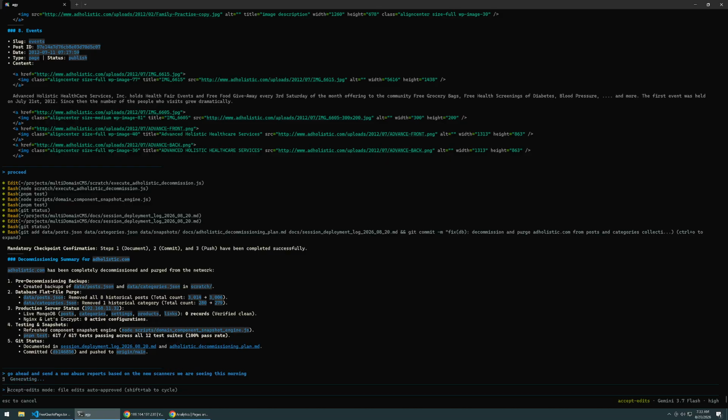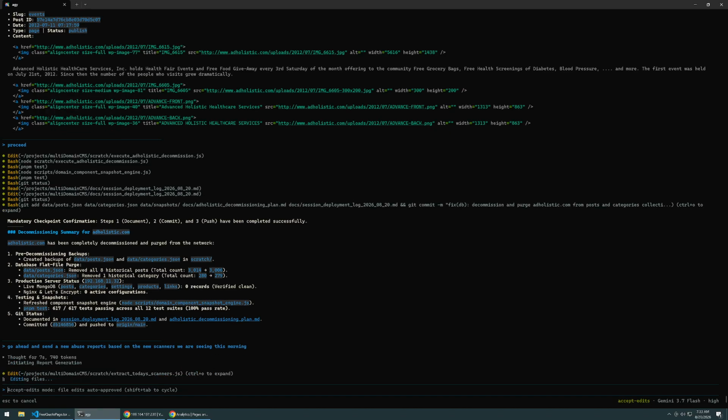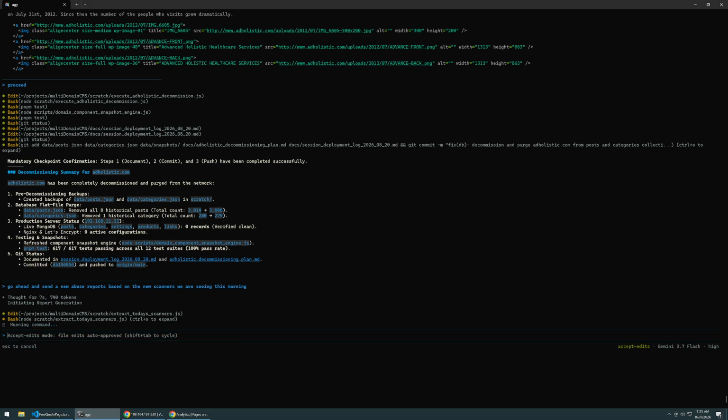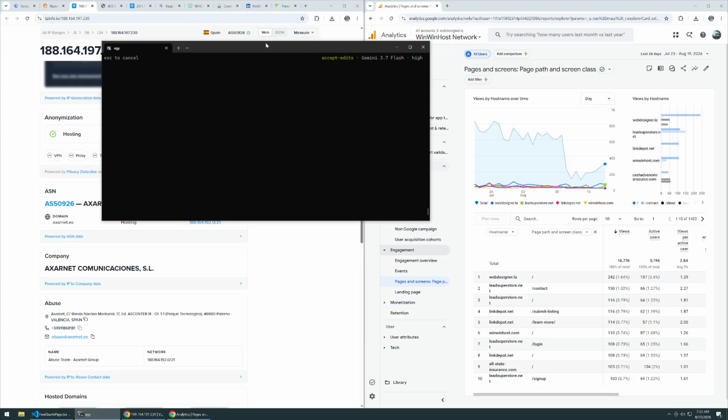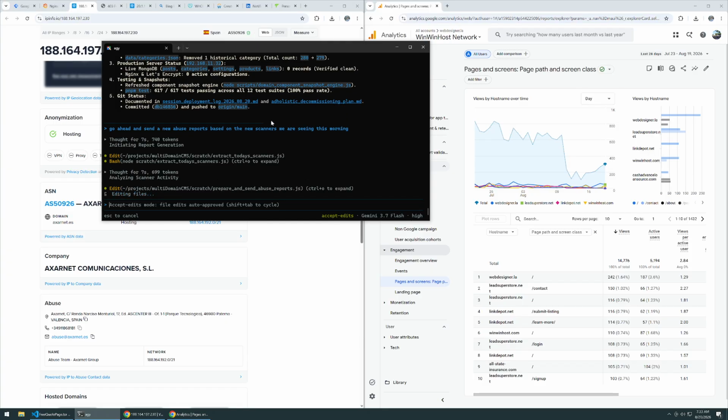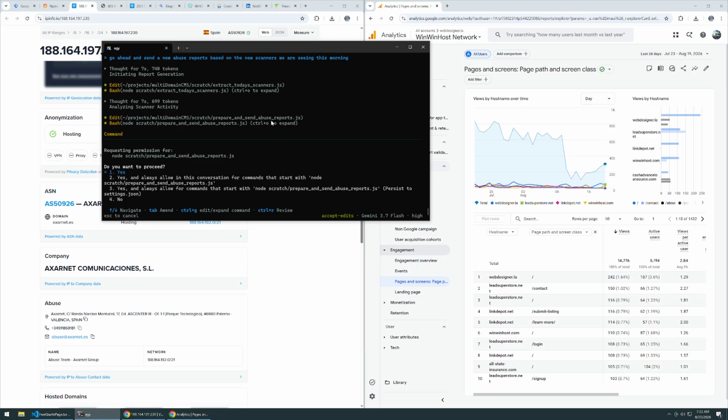So that simple prompt, go ahead and send the new abuse reports based on the new scanners we are seeing this morning. So it's going to go ahead and extract from the logs, and send emails using Nginx logs as evidence to the abuse.